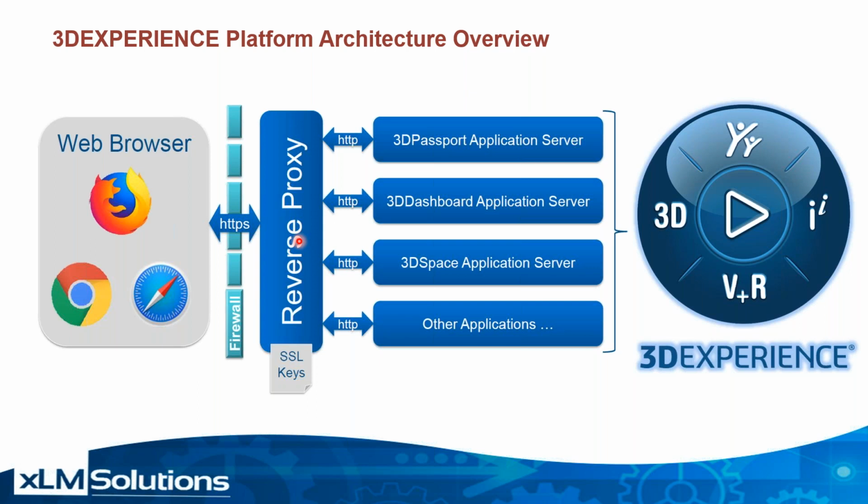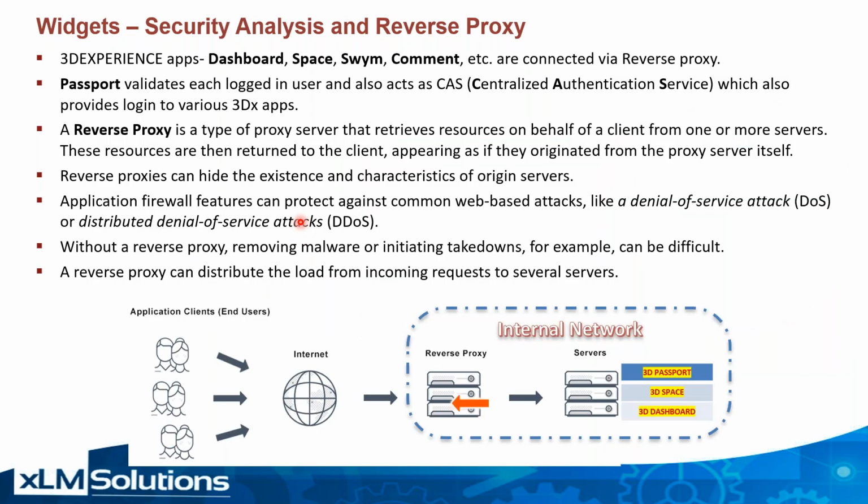So saying that the reverse proxy is there, again, I quote an example here. There are various users connecting through an internet layer, and we talk about the reverse proxy. Then this reverse proxy and our various servers are in an internal network. So where about does the security come into the picture? We should also understand that various applications are connected through the reverse proxy. 3D Passport will act as a centralized authentication service, which will provide authentication to 3D space, dashboards, SWIM,